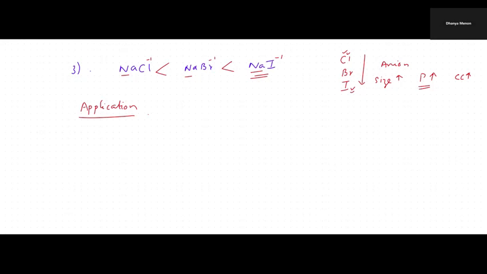If any ionic compound has more covalent character, CC, I said it is for covalent character, just a short form. If the covalent character increases, what about the solubility? Solubility will be very less because we know that ionic compounds are more soluble in water, covalent compounds are less